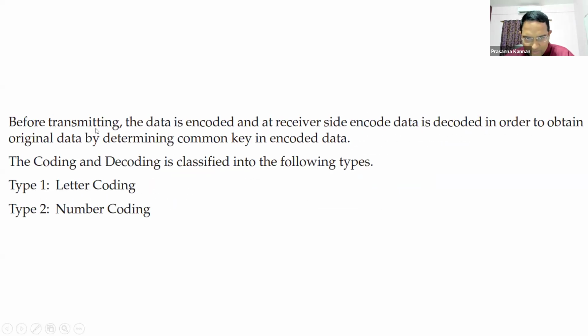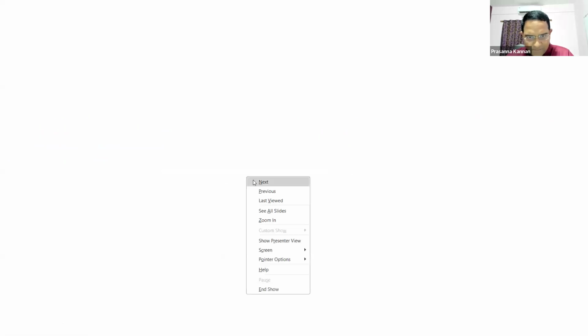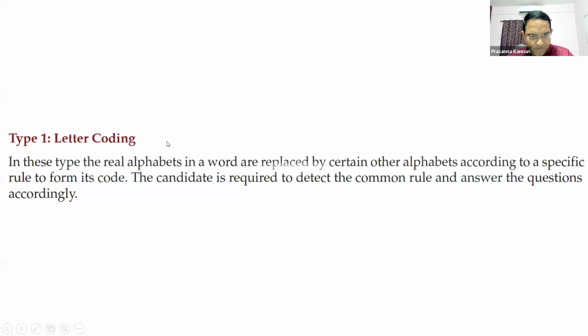So before transmitting, the data is encoded, and at the receiver side the encoded data is decoded in order to obtain the original data by determining the common key in the encoded data. Common key means the formula used to code them. Anyway, don't worry about this. The coding and decoding is again classified into two types: letter coding and number coding. We will see them now with examples. So letter coding. What is letter coding? In this type of coding, the real alphabets in the word are replaced by certain other alphabets